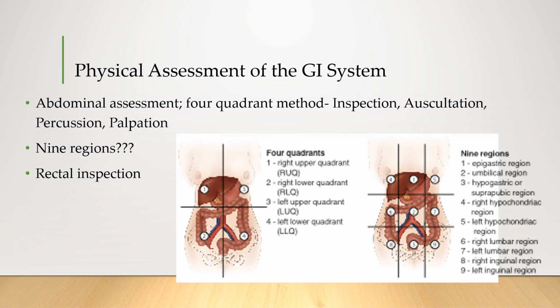During a head-to-toe assessment, we look at the 4 quadrants, but we can actually break the abdomen down into 9 regions. Using the 9 region names really helps to pinpoint where the patient is having pain because it's more specific. For example, if I call a provider and tell them that the patient is having epigastric pain, it helps them determine what the problem could be because it's more specific than saying they're having upper abdominal pain. These regions are more commonly used in the higher block disorders, so you will be hearing about them again.